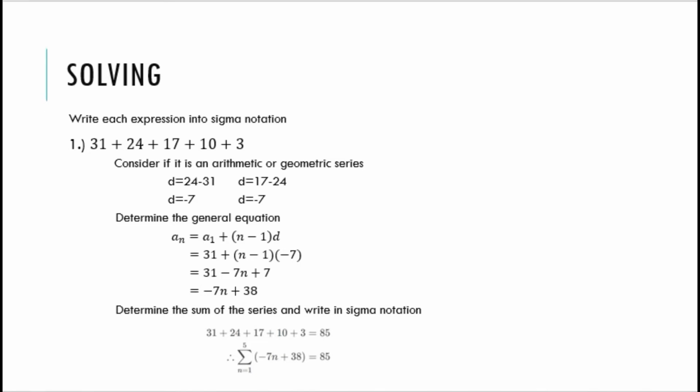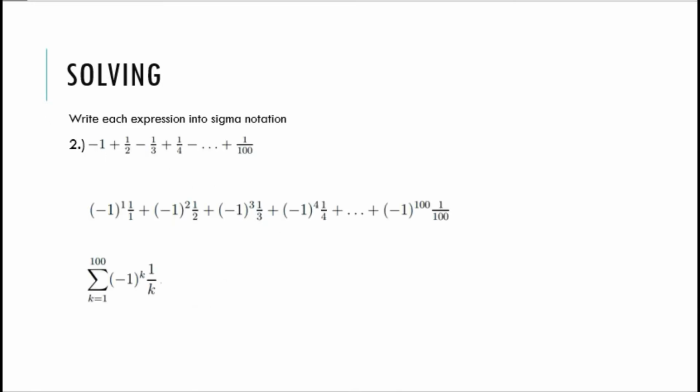So the final answer here is the summation of negative 7n plus 38 from n is equals to 1 to 5. And for the next number, or in this example, the first term negative 1 can also be written as a fraction as negative 1 over 1. We also notice that the signs of the terms alternate, so it's negative and then positive, and then negative and